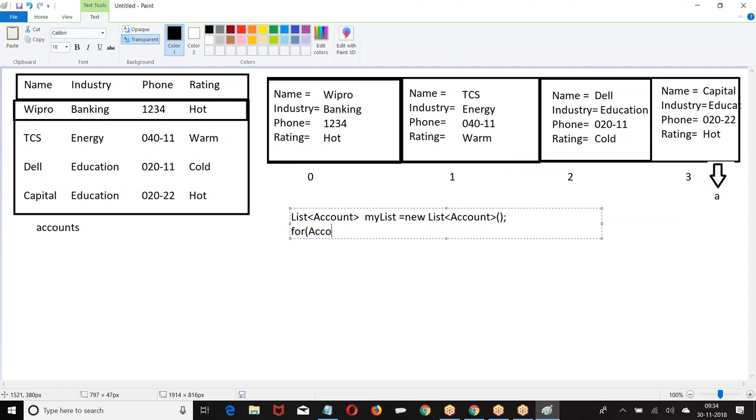So we have account A. Then what are we supposed to check? If A dot industry equal to education. If industry equal to education, put that in a separate list. My list dot add. Then I verified.